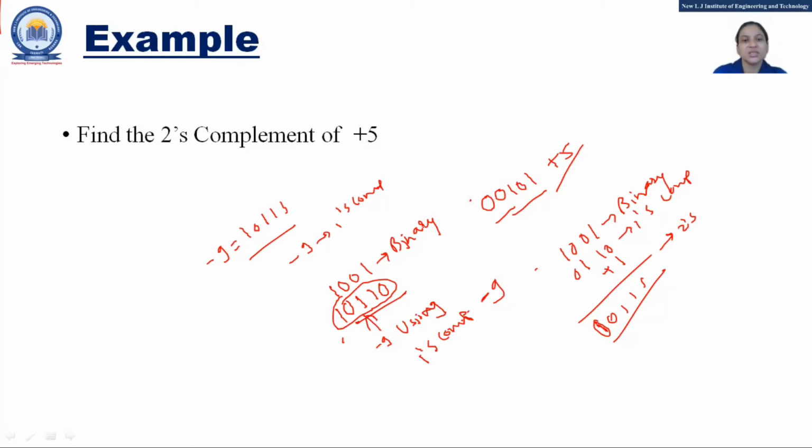But using the sign magnitude method, different representations of the same number are found, which can be overcome using the 1's complement and 2's complement. And binary arithmetic operations can be easily done using both the 1's and 2's complement methods. So these two methods are more popular than the sign magnitude method.